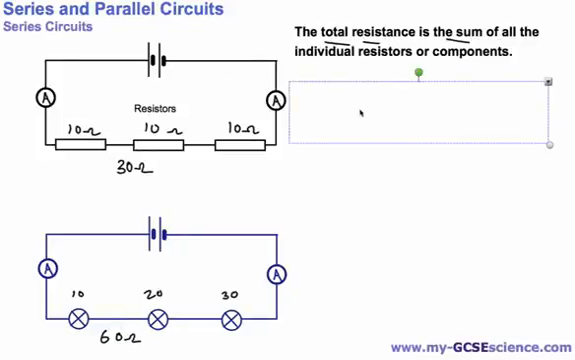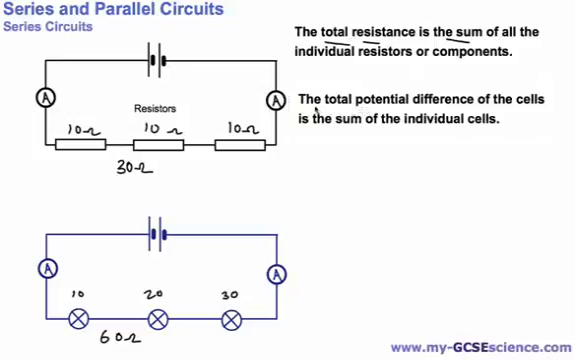The second rule, in no particular order, but another rule, is that the total potential difference of the cells is the sum of the individual cells. So if I was to measure the potential difference across the two cells, that would give me a value, but that value would be the sum of the individual cells. So if this is a 3 volt cell and this is a 3 volt cell,